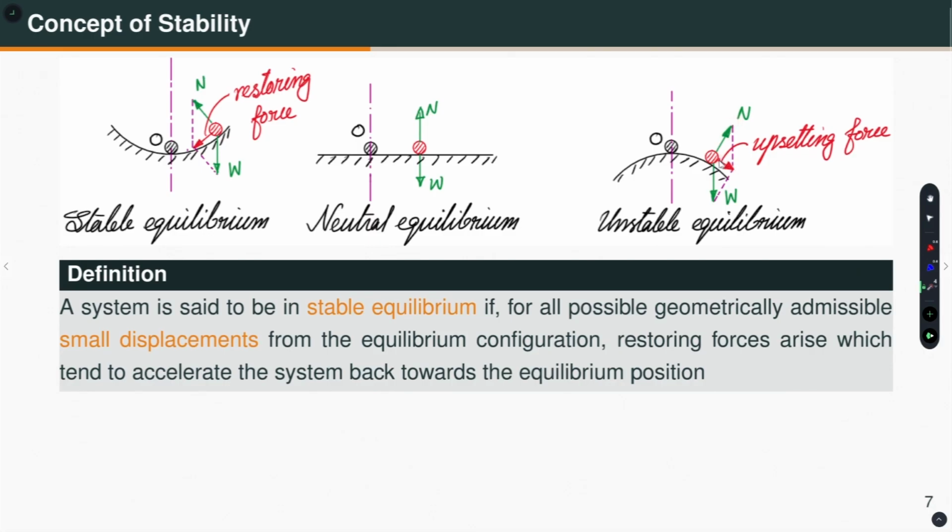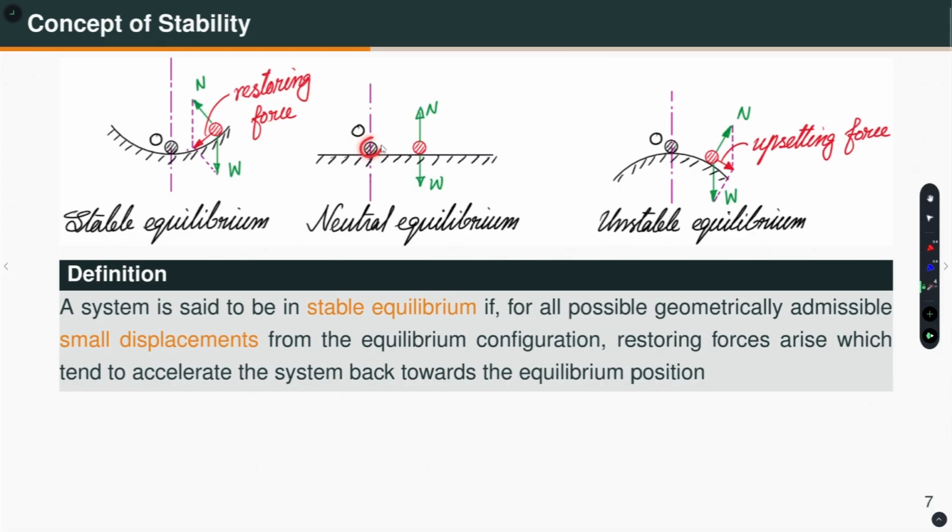So, this force is actually going to take the ball away from the equilibrium position. This force is the upsetting force, whereas here this is the restoring force. Therefore, this equilibrium is unstable. On the other hand, if you take the same cricket ball and put it on a flat surface, okay,